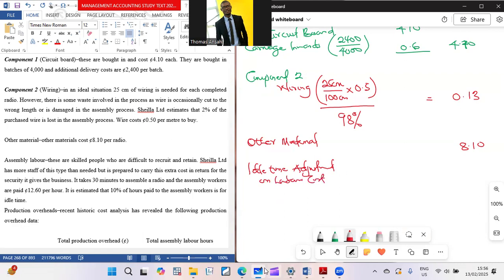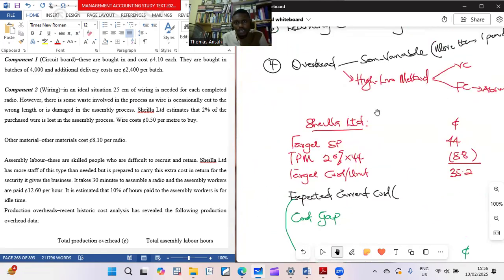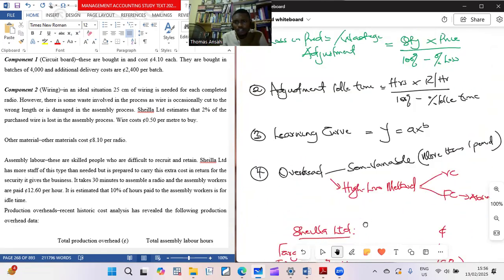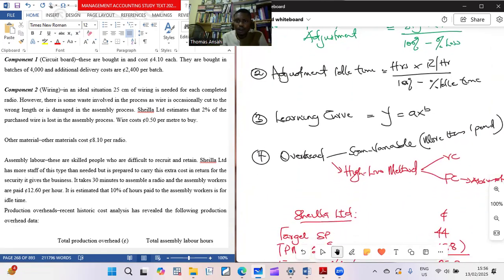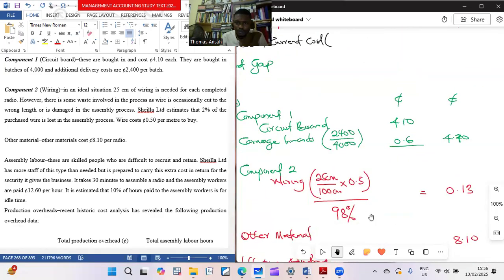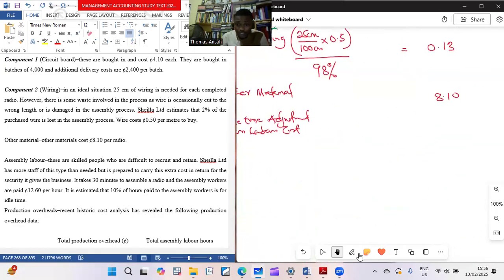And don't forget the formula that we use there, the same formula that I introduced to you. This is it. Hours multiplied by rate per hour, divided by 100% minus the idle time percentage, so that we can get the real cost,